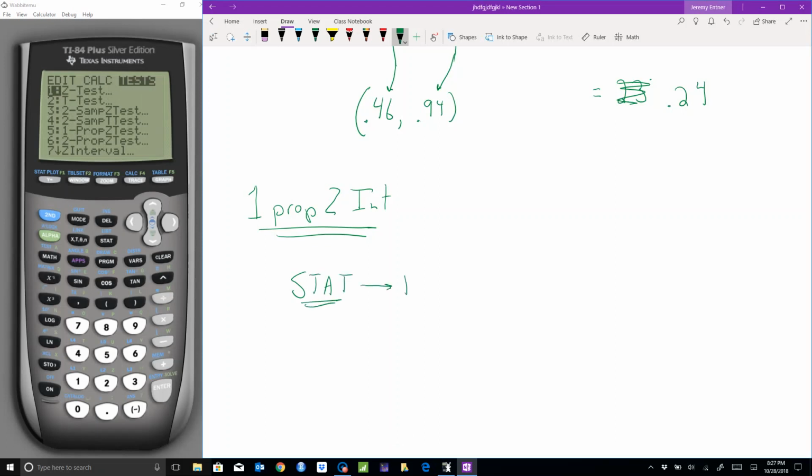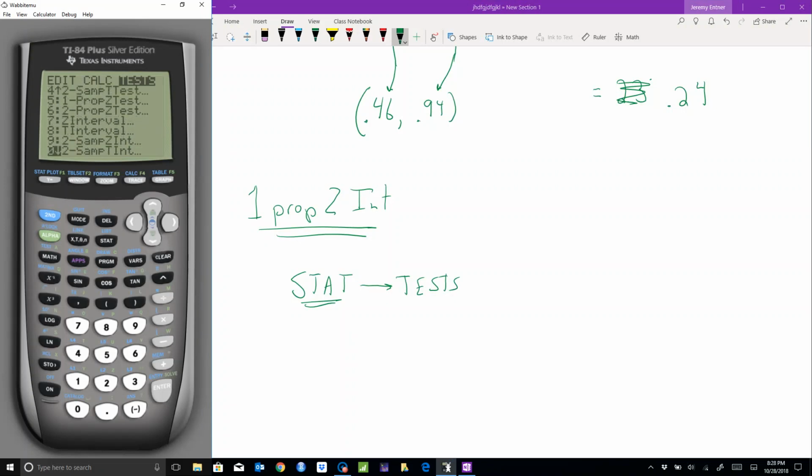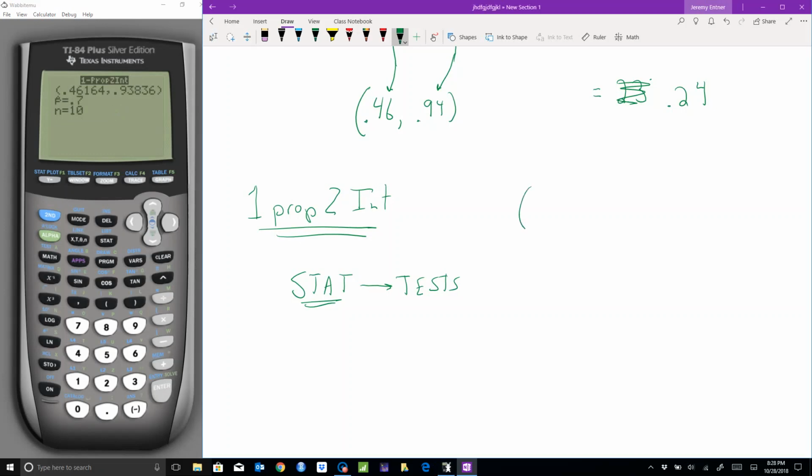You're going to go over to where it says tests, and then you're going to look down there for the 1-PropZInt and hit enter there, and then you're going to just type in the information you have. So I have 7 successes, I have 10 trials. We were making a 90% confidence interval, and I will just say calculate, and what we get back in this case is